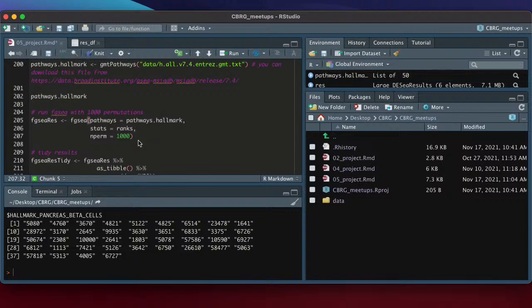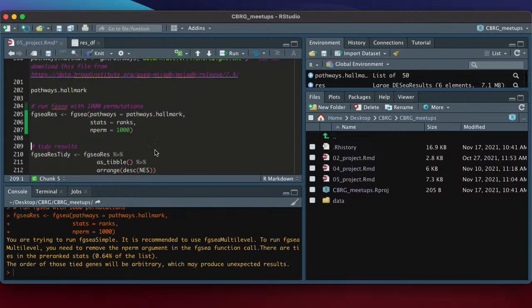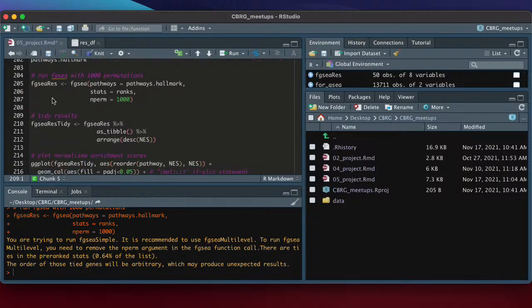And so in this case, you can specify how many numbers your null distribution contains. So in this case, if I do nperm, it's 1,000. It'll be a distribution containing 1,000 enrichment scores, which seems to be a reasonable number to start off with. And as you can see, it did that. That's why it's called FGSEA, because it did it in less than a second.